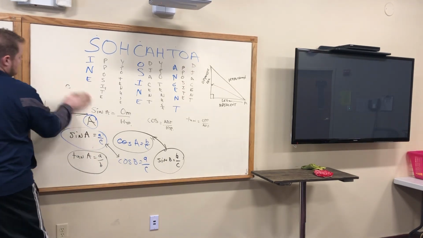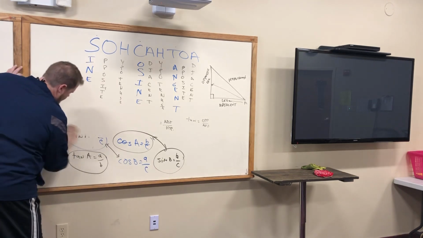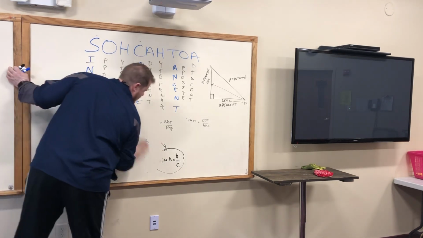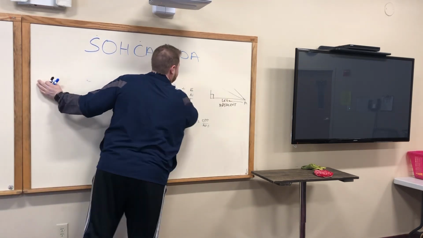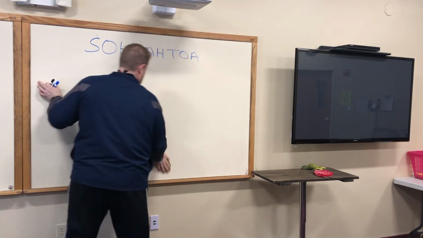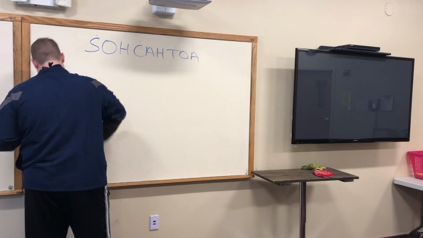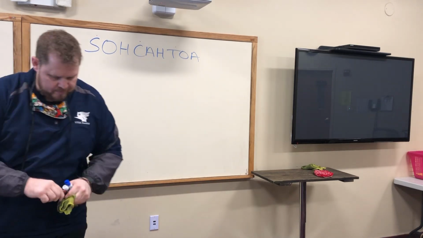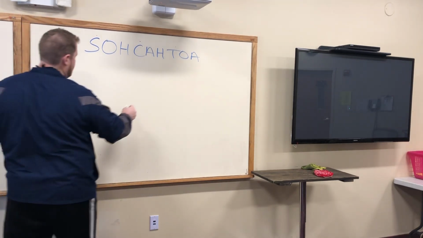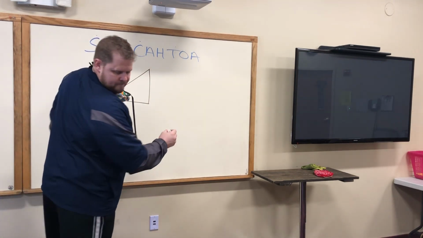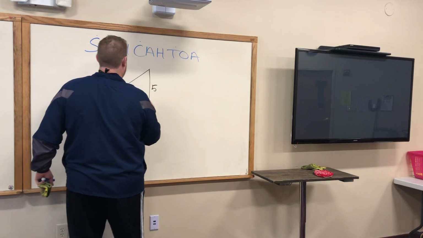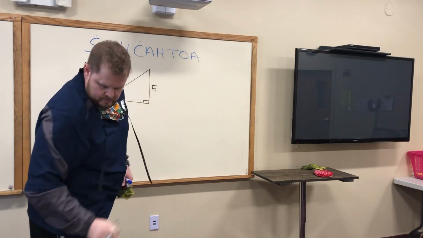So we're going to erase this. I need my board, so I'll leave my acronym up so I know what lesson I'm in here. All right, so first problem. Looks like this. 5, right angle, 9, A,